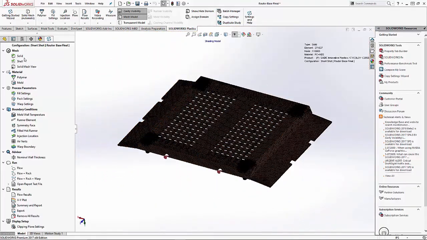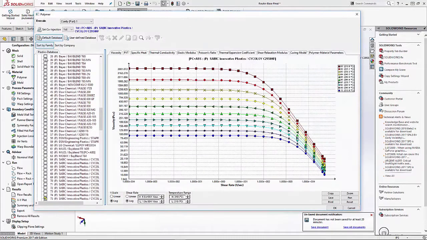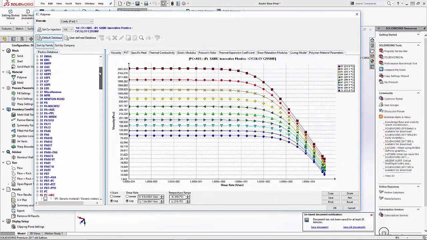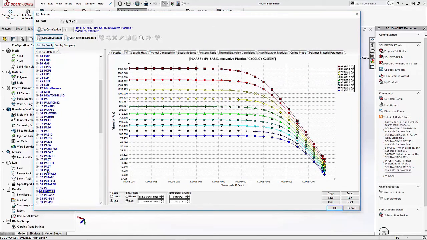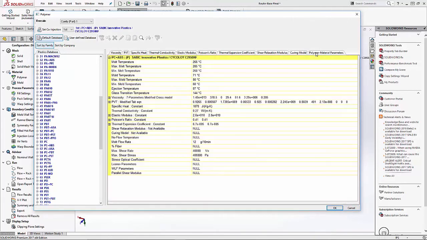So once we've meshed our model, our next step is to choose a polymer. There are over 4,000 different polymers in the SOLIDWORKS Plastics database. For this part, I've chosen a PC-ABS blend. If we look at the polymer material properties, there are settings for the melt temperature, mold temperature, ejection temperature, glass transition temperature, and your viscosities and all from